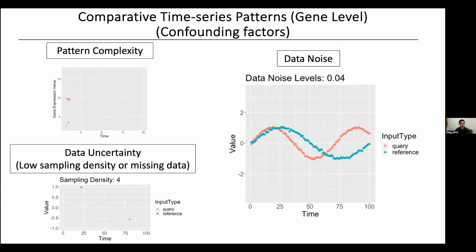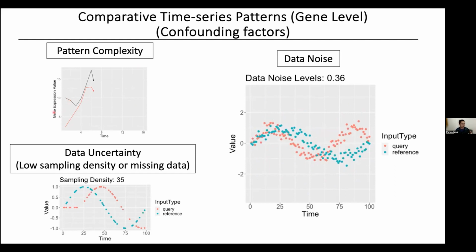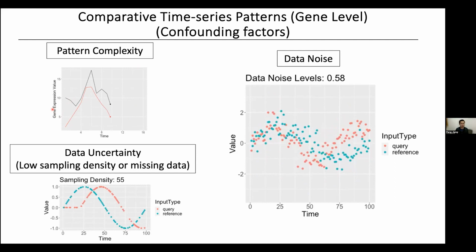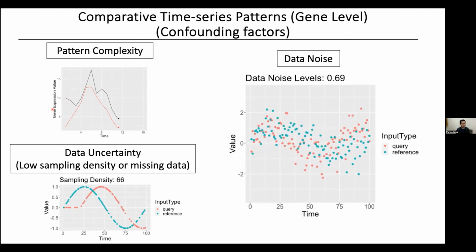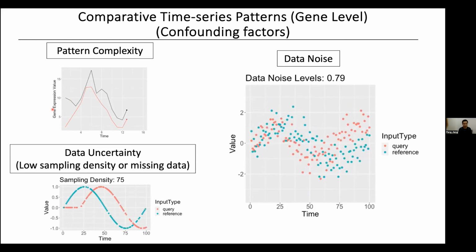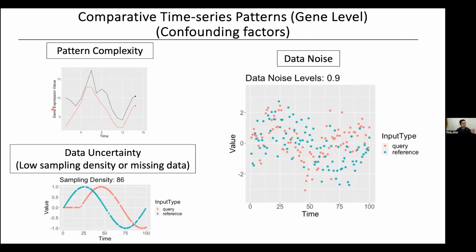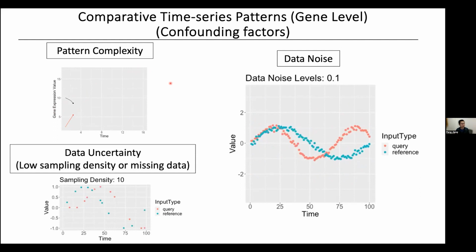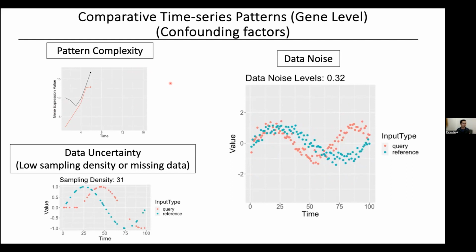This can be human versus mouse during early development, or mouse versus axolotl during limb regeneration. So basically, there are just two conditions, but we are looking at a specific gene expression level, not a morphology. So pattern complexity is a confounding factor that makes the whole comparative study very challenging,